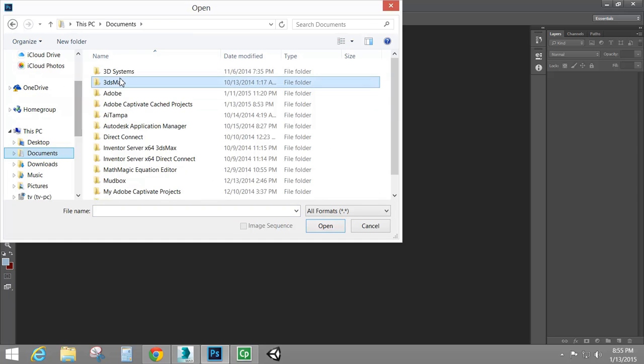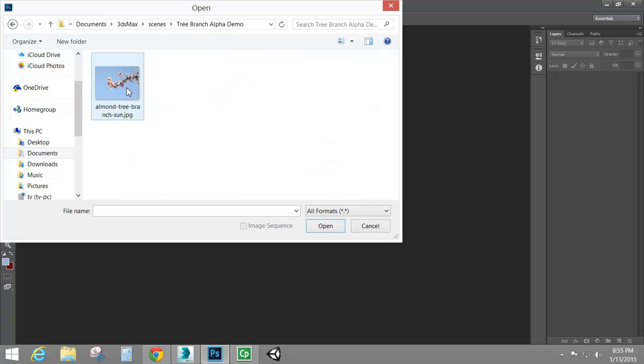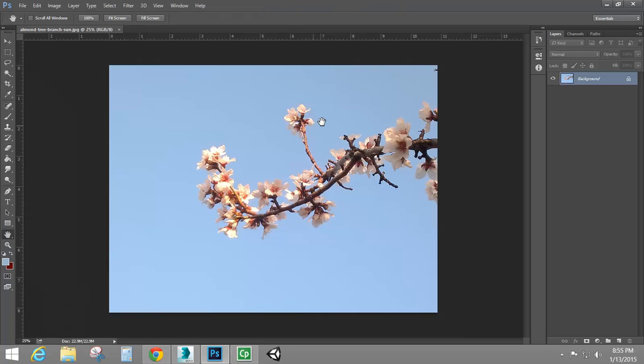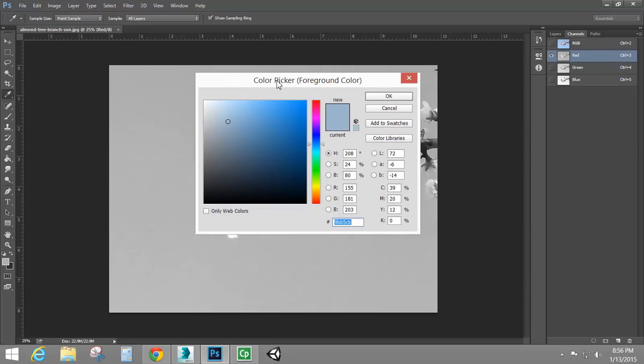Anyway, documents, 3ds Max, scenes, tree branch demo, and there's my tree branch. Now right now in Photoshop we see that this has a variety of colors: whites, pinks, kind of grays, browns, blue. And if I come over to the channels tab here in Photoshop, what I can see is I have a red channel, and if I select that, what I'm seeing is not red, but a black and white image. Now what this means is, if we look at the colors that we have to choose from,